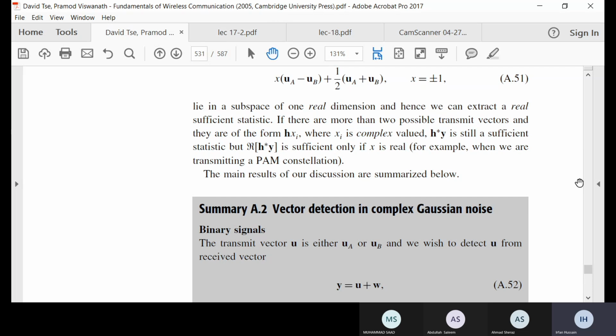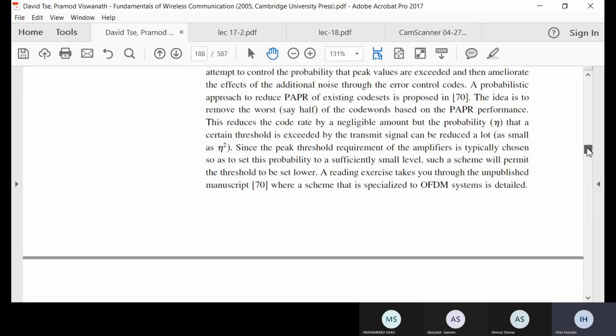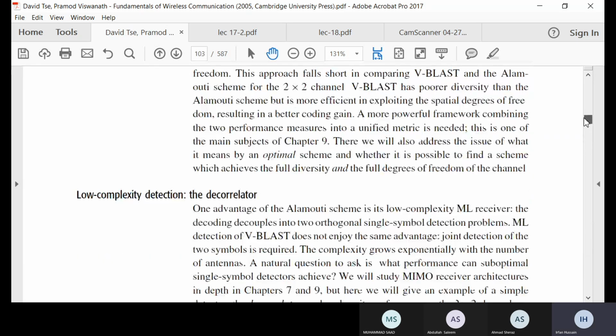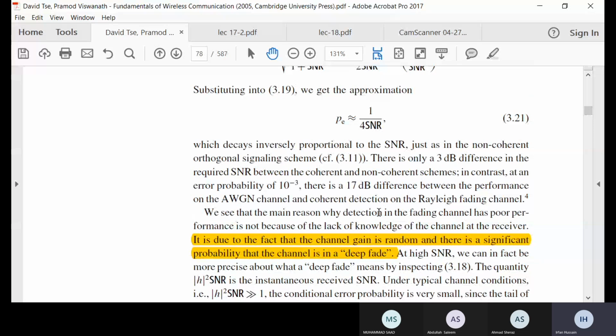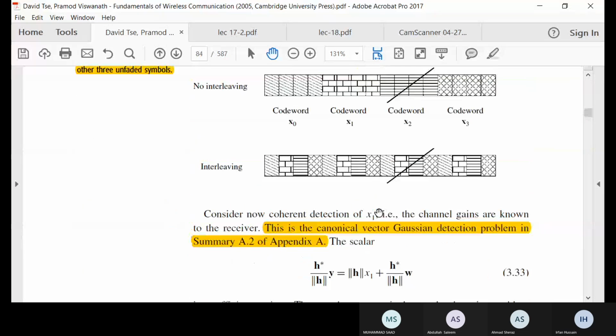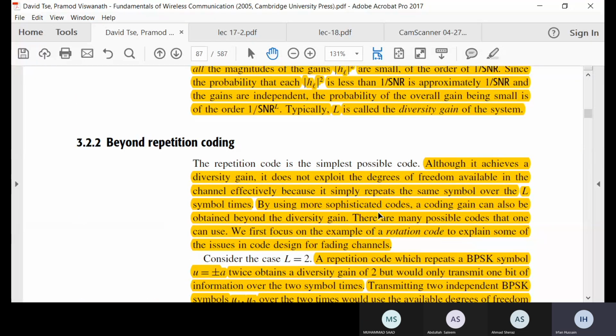Now coming back, so now we will try to understand beyond repetition coding. Now what is the dilemma? We could see here